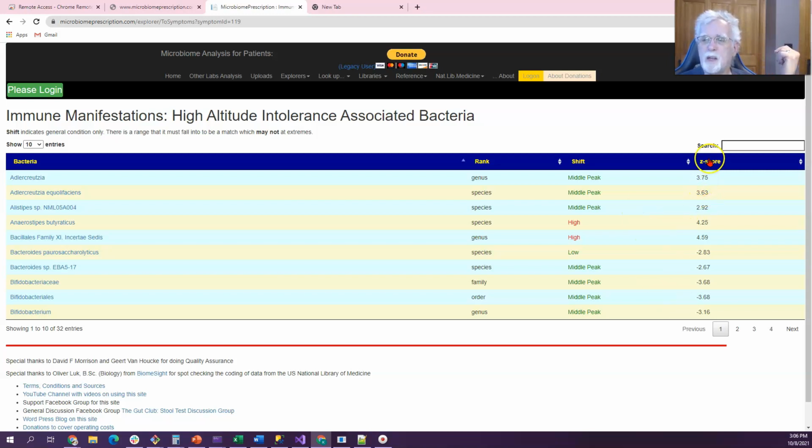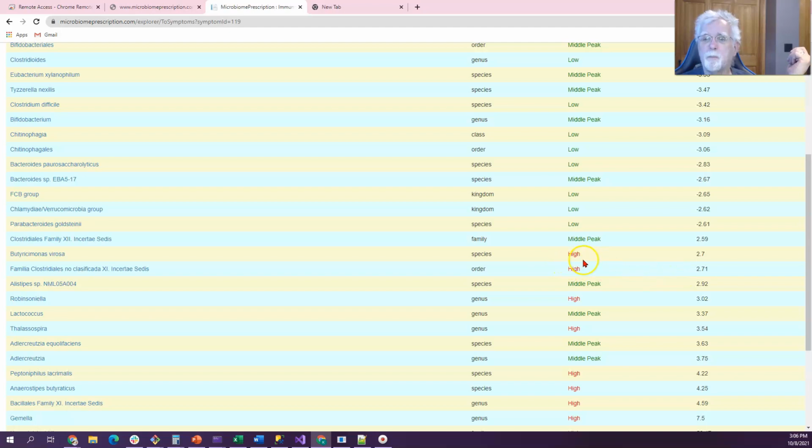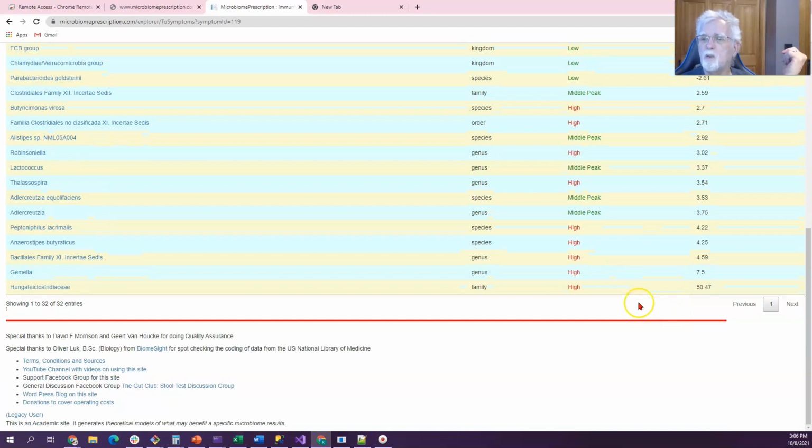So you go and you see here, and if you look at the z-score, we see which one is the most likely to be middle peak, or we have low of just one, middle peak, low, low, low. None of the items are high in terms of this list, and we can go and actually take a look at the full list, and we find that only when we start getting further down, here we have a specific thing which tends to be high.